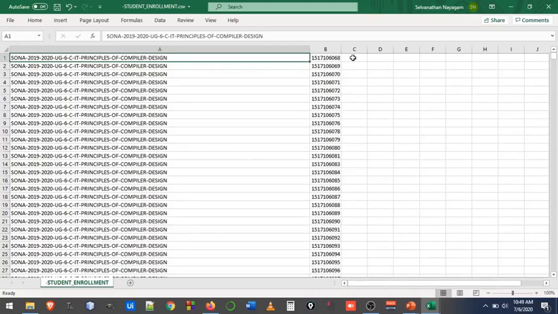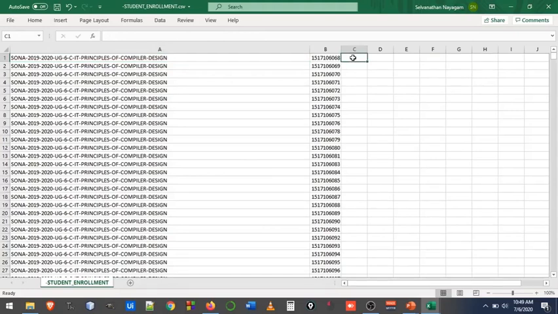If you want to enroll the particular user as faculty or instructor or a teacher to a particular course, then we need to add a special letter called P. So if the third column is left empty, the user role will be student. If the third column is marked with letter P, then the particular user will be enrolled as teacher.